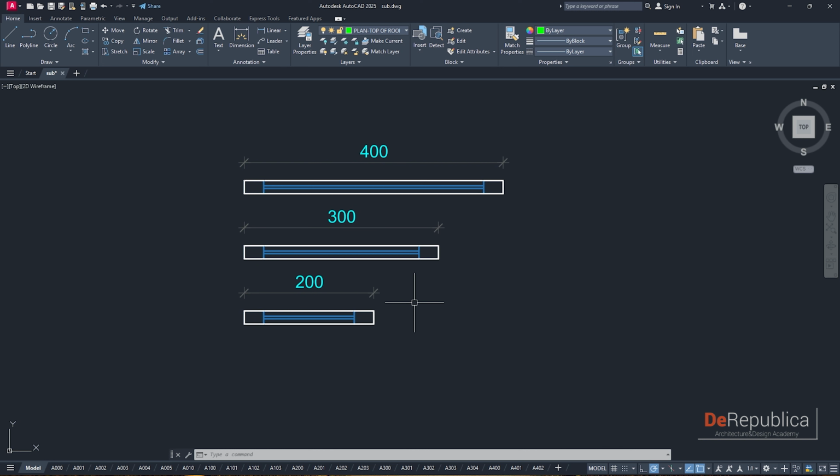So how are we going to activate the stretch command? One of three ways. Firstly, here in the command line down, we simply type stretch and hit enter. That's one way to activate it. Another way is here in the ribbon, we search for the stretch command icon. That's the second way. And the third way is we simply hit S, enter, and we have the stretch command